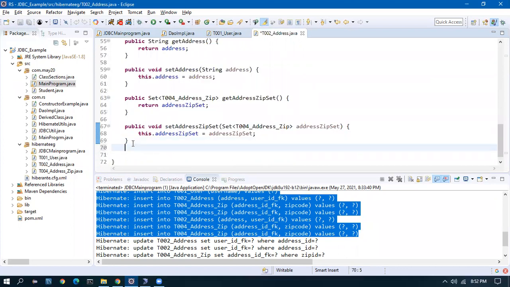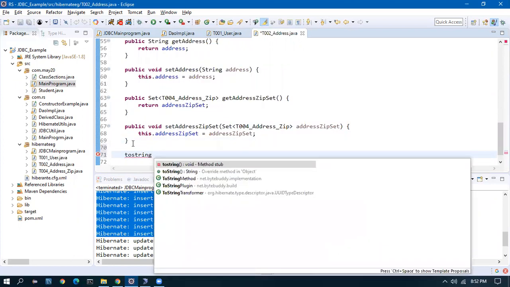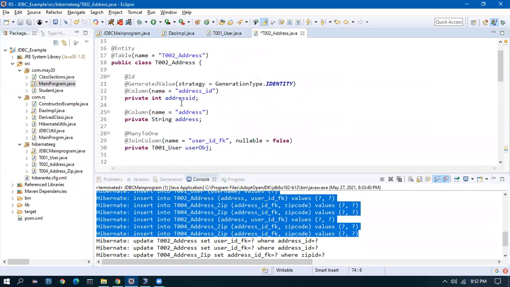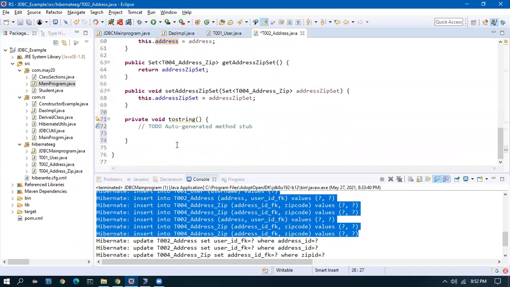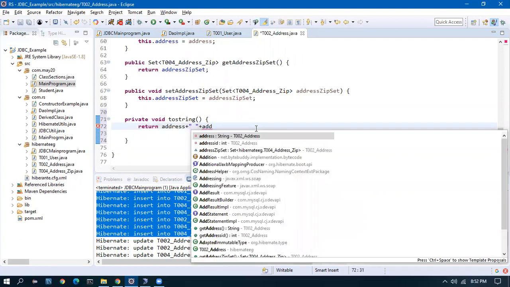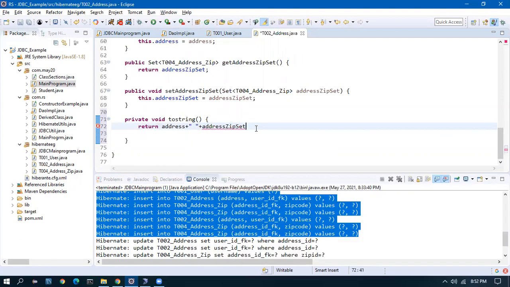I have to do the toString, and I will return the address plus the address zip set.